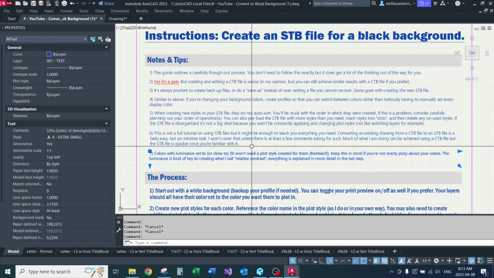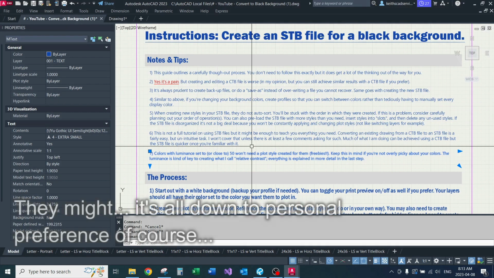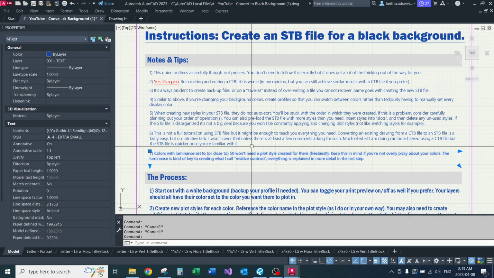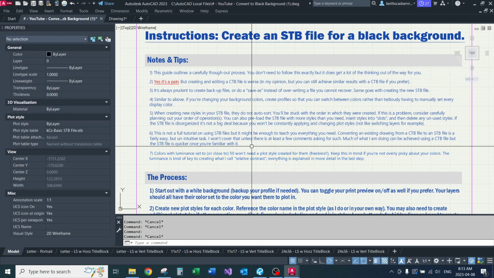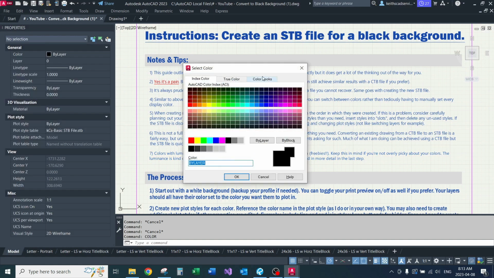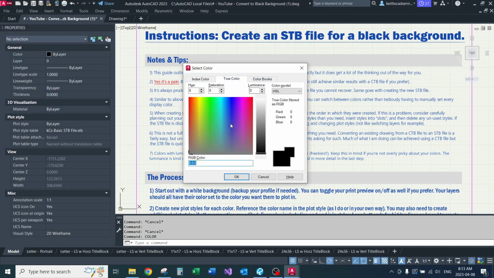And the last thing I want to mention is that colors with a luminance set to or close to 50 won't need their own plot style created for them. Call those freebies. Now keep that in mind if you're making your own template and you don't want to fuss around with this and don't really care about the colors. If you set the luminance for your colors, you go to the True Colors tab and you'll see that, right? To 50,